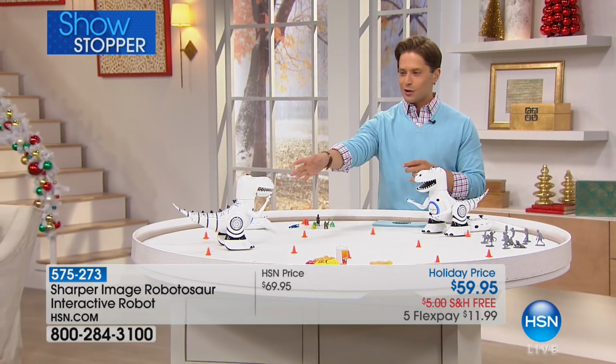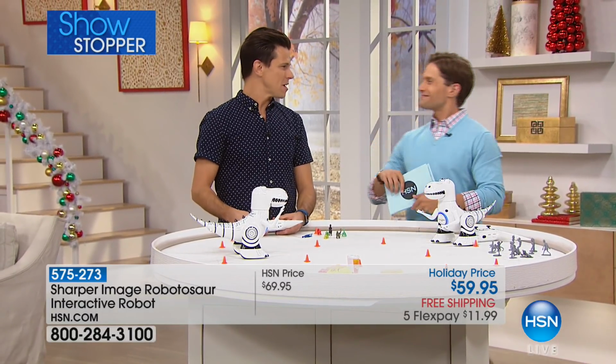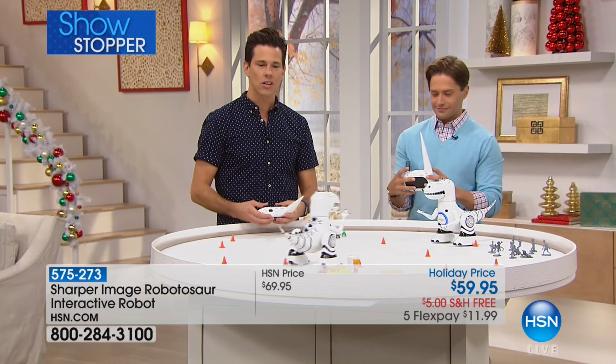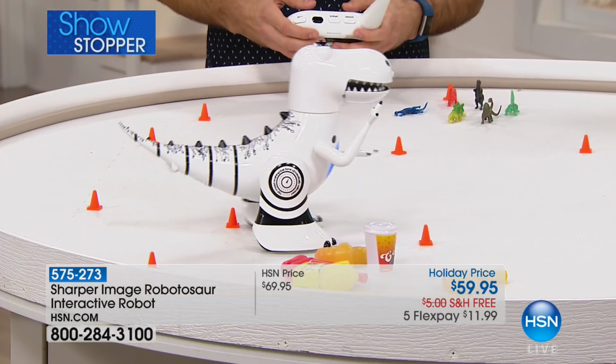He's been taking us on tours, and as you notice, they're yawning, they're growling. We haven't played with them enough. We're about to get them going right now. What do you get when you cross a robot with a dinosaur? Well, ladies and gentlemen, you get the Robotosaur, the latest and greatest from Sharper Image, who we all know as